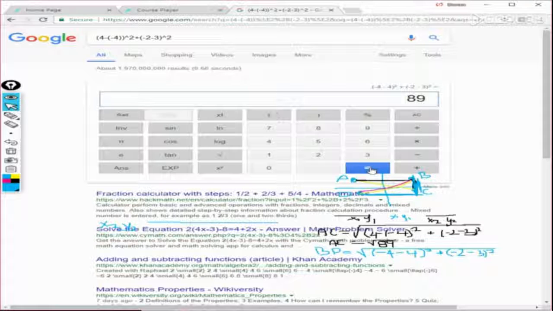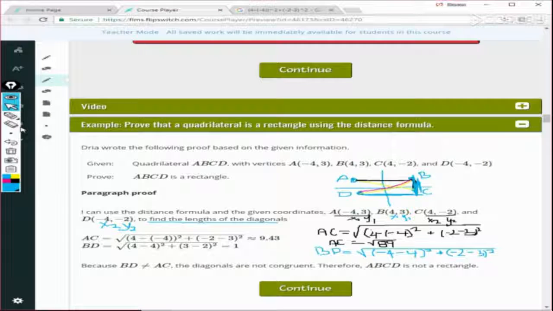That's going to equal 89. That is familiar. And the square root of 89, okay, so this comes out to be